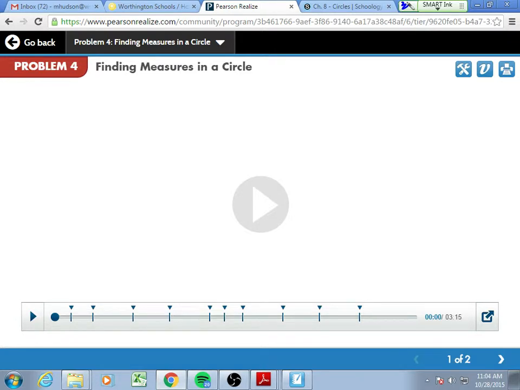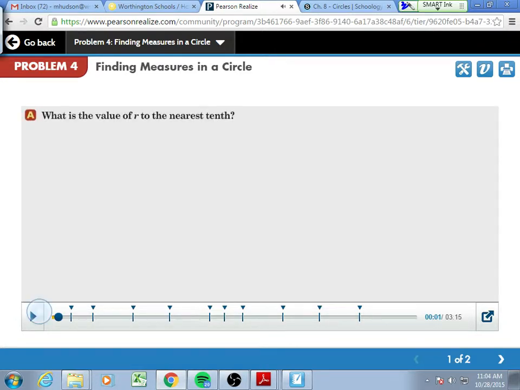So we need to find the measure of r. What we have set up is a right triangle here. R is my hypotenuse and it's a radius for the circle. I'm told what LM is. What can we do? That's good that everybody's hands shot up, Greg. So you can use the